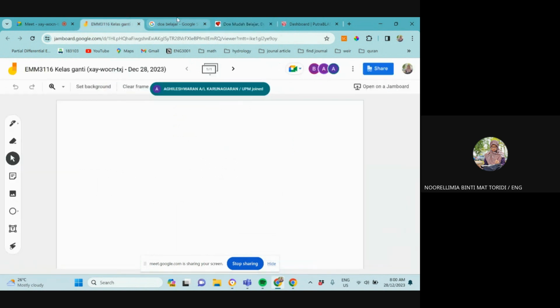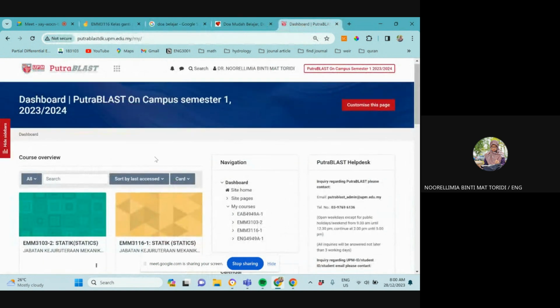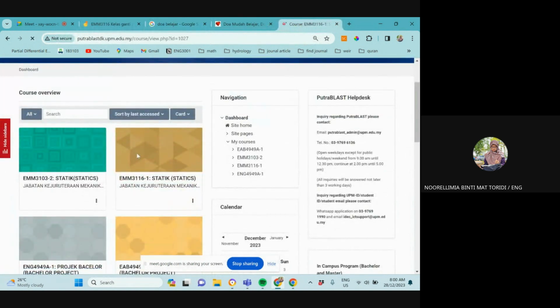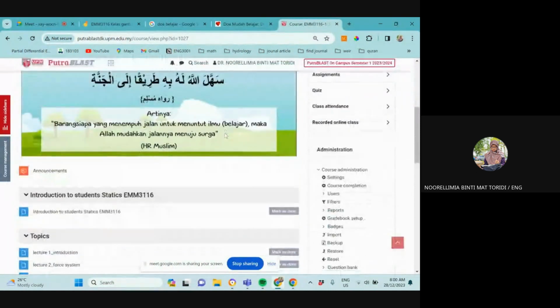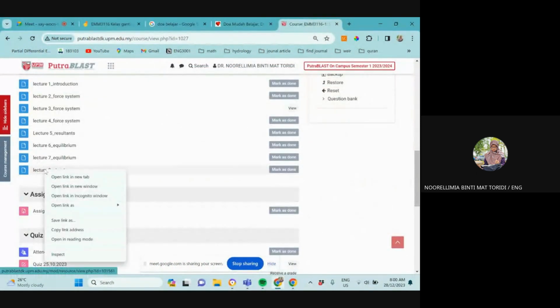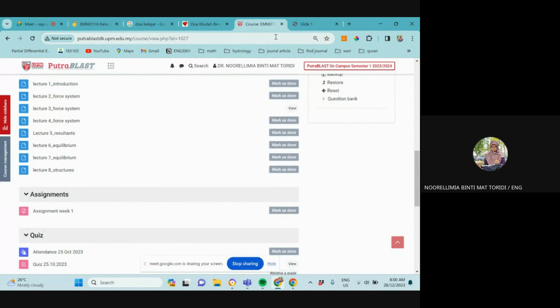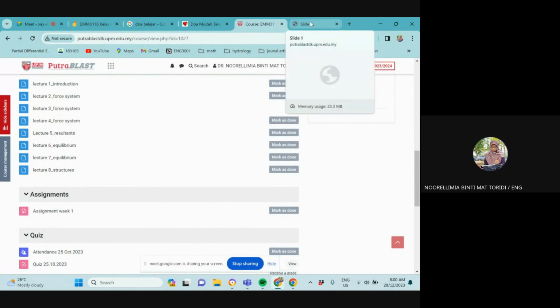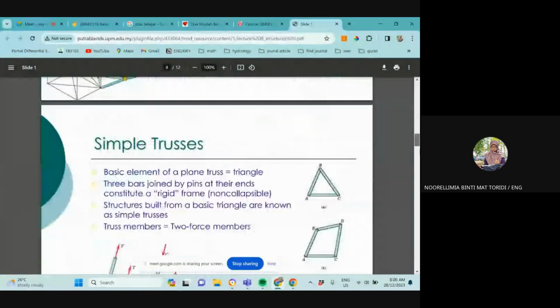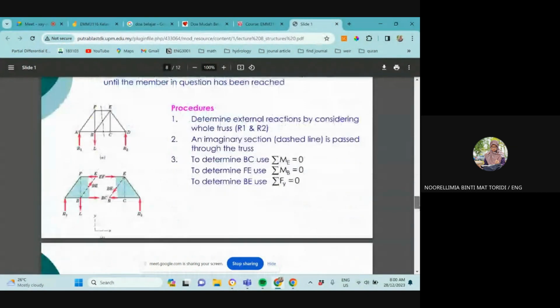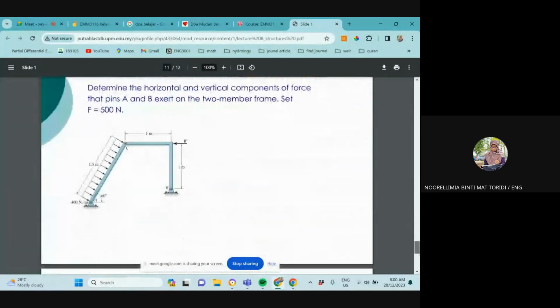Okay, so since yesterday we did free body diagrams for a structure, a two member frame. So we have to draw two FBDs for the two separate members. Okay, this one, right? Okay, then